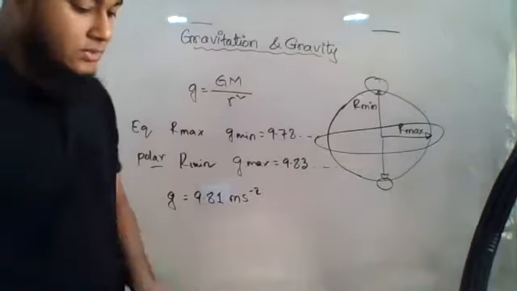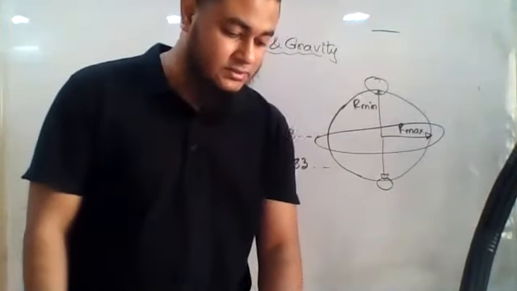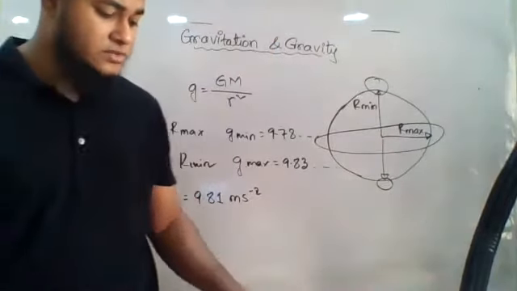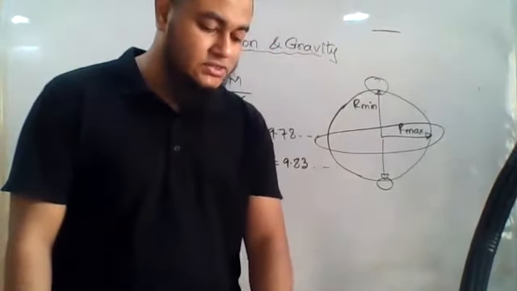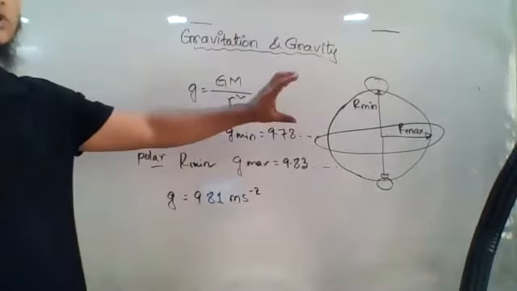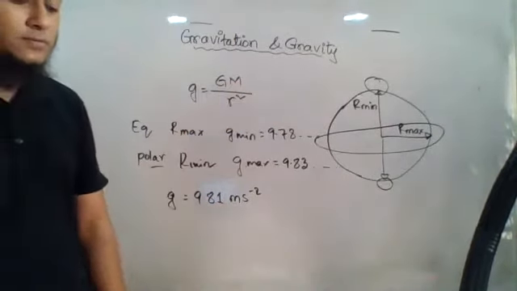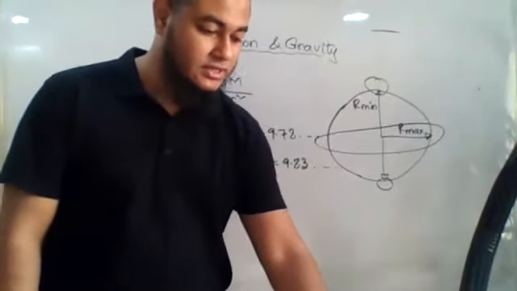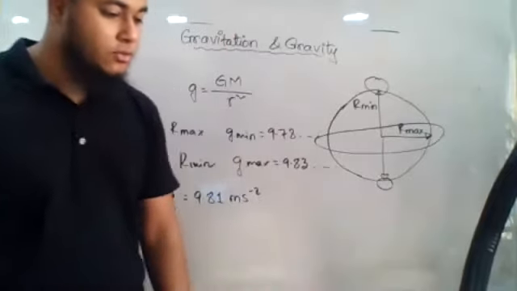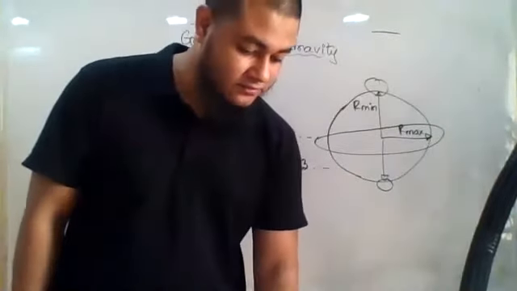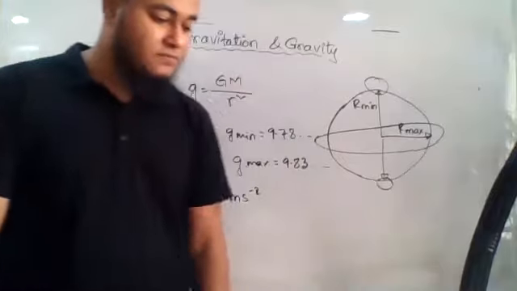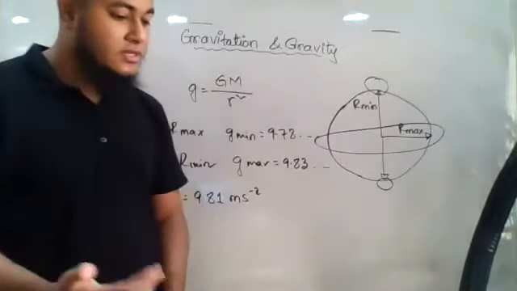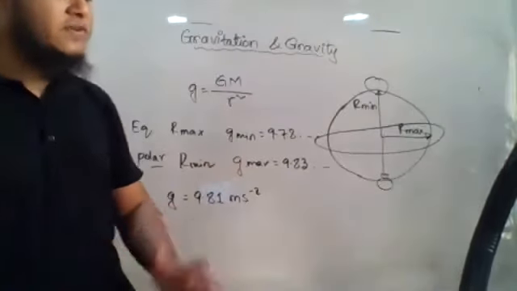Okay, now there are several other reasons for the variation of this acceleration due to gravity. The first one we have already discussed, that is due to earth's shape. Due to the shape of the earth, it is not a perfect sphere, that is why it changes. The explanation is written in your book on pages 351 and 352. Kindly go through this explanation. Then we will take a look at the next reason why the value of g varies.